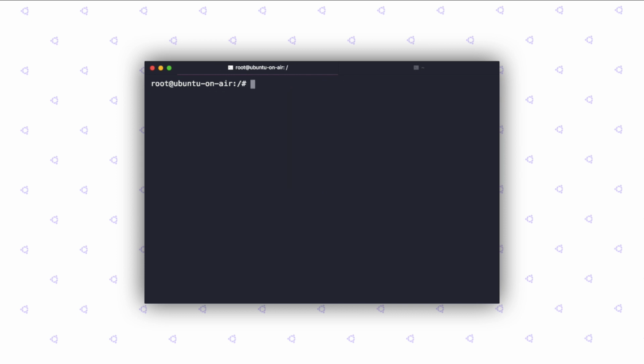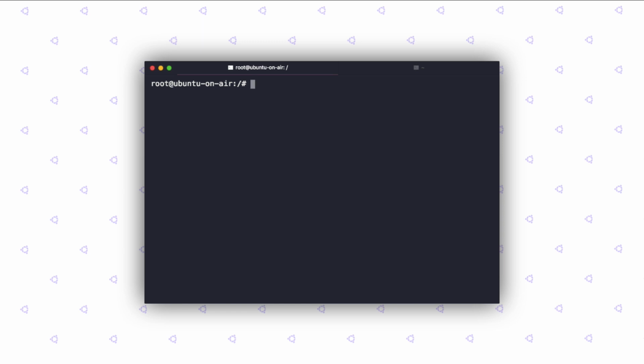Let's clear the console. And now we are going to see how we can visualize the disk usage right here from the terminal. Since this part is mostly about how to administer the Linux OS from the terminal, this is one of those things that we always do on our local machines. We just check how much disk space is used and then manage our files accordingly. So to do that, we're going to use the df command, which stands for disk file system, and it is used to display the amount of disk space that is available on a particular file system. For syntax and other information, go ahead and visit the companion blog post in the link below.